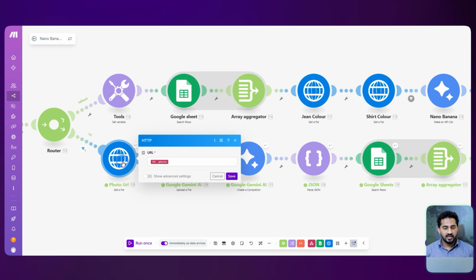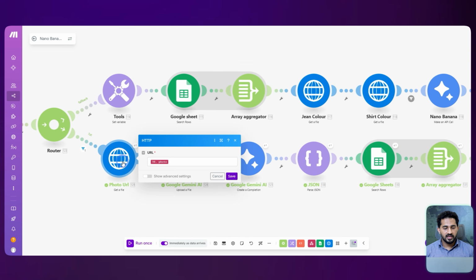Here again we are downloading the photo. This is the person's photo, and now we are uploading that photo to Gemini and passing it here, asking it to scan the photo to get the body tone of the person. Here you can see the detailed prompt: analyze the image and choose a shirt and pant combo that matches their color tone and all. The output structure, with an example, we have also mentioned here. So this will give a shirt and pant combo matching the body tone or skin tone